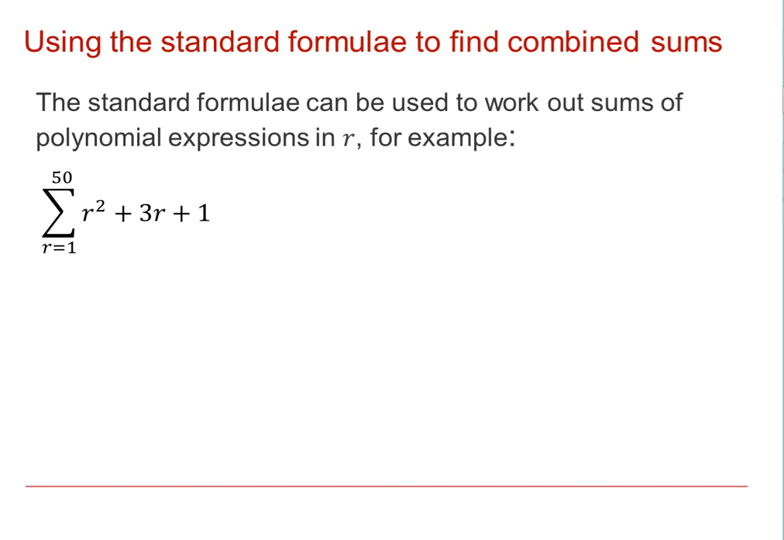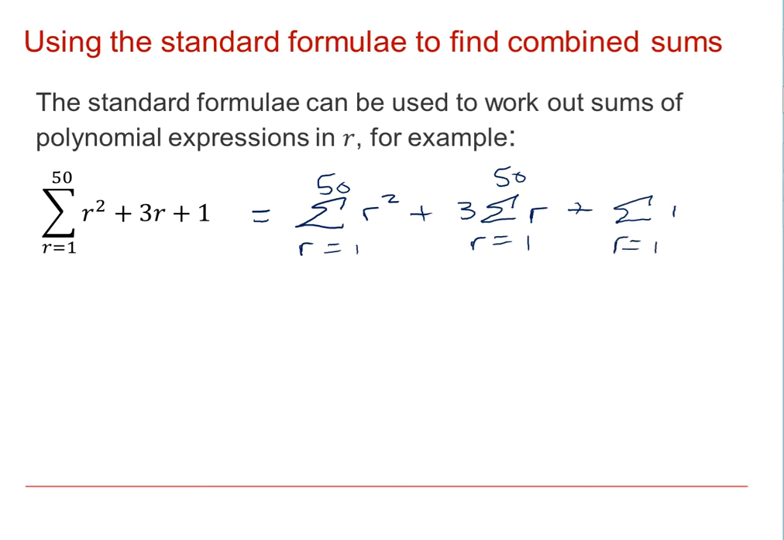We can use the standard formula to work out the sums of polynomial expressions in r by splitting the expressions up into the components as shown. So I'm going to take that 3 out again for summing the r. And one of the key things is not to forget that you actually do need to sum the ones and use that result. So for example here, you know that you're going to be using n times n plus 1 times 2n plus 1 all over 6, the standard result for r squared,